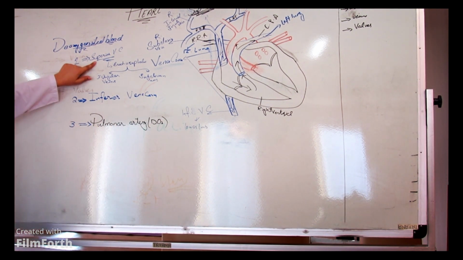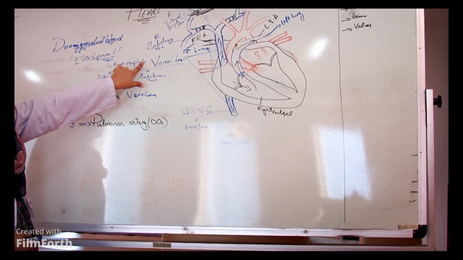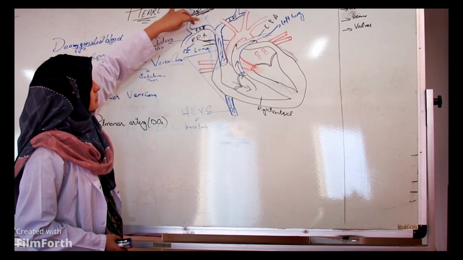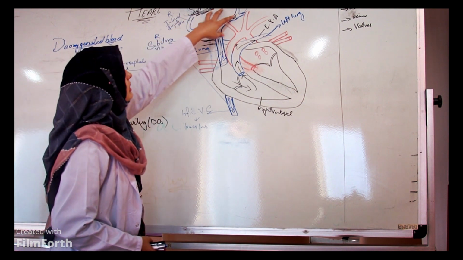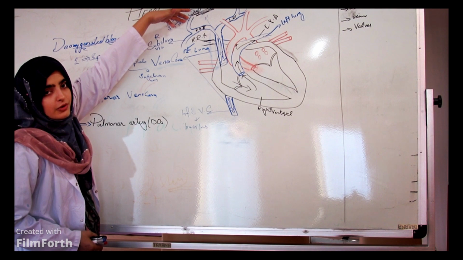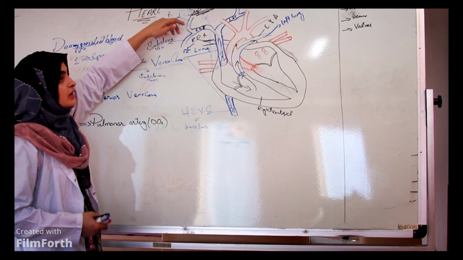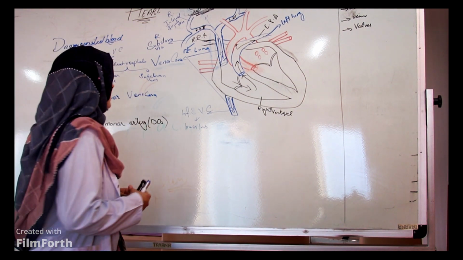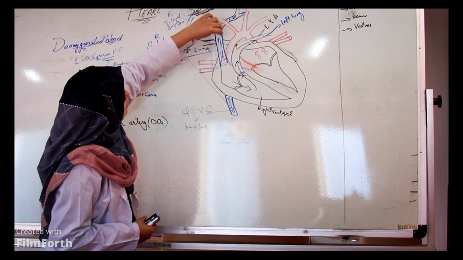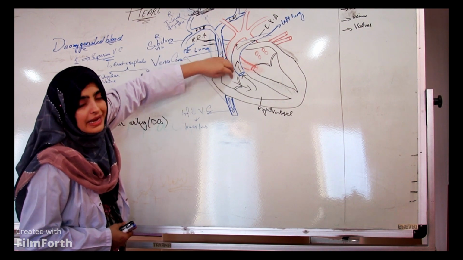In the superior vena cava we have learned the right brachiocephalic trunk and the left brachiocephalic trunk. How are these formed? The right and left brachiocephalic trunks are formed by the conjunction of the internal jugular vein coming from the head and neck, and the subclavian vein coming from the upper limbs, the arms and the axillary portion. They combine to form the brachiocephalic trunk, and these brachiocephalic trunks form the superior vena cava, and this superior vena cava drains into the right atrium.